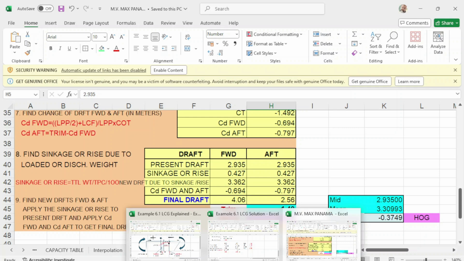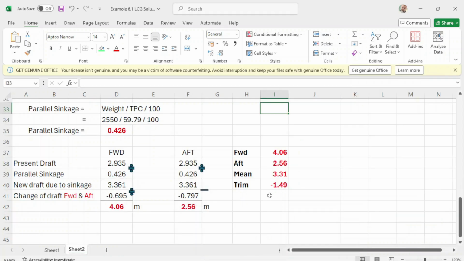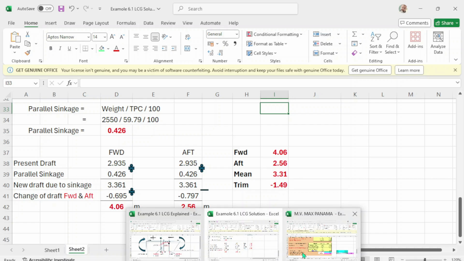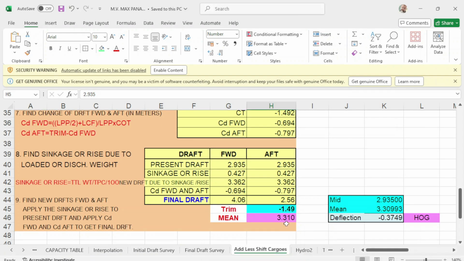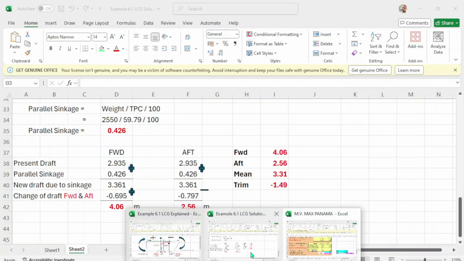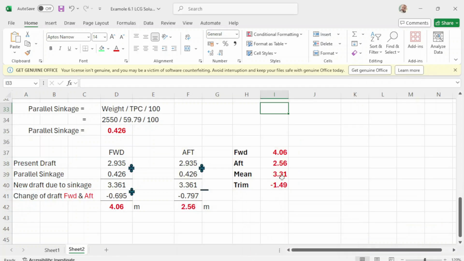Trim is negative 1.49. That is the up drop minus your forward drop. You will have a negative trim of 1.49, which is your trim by the head. And your mean drop is 3.31, and my mean drop is 3.31. Okay, guys,